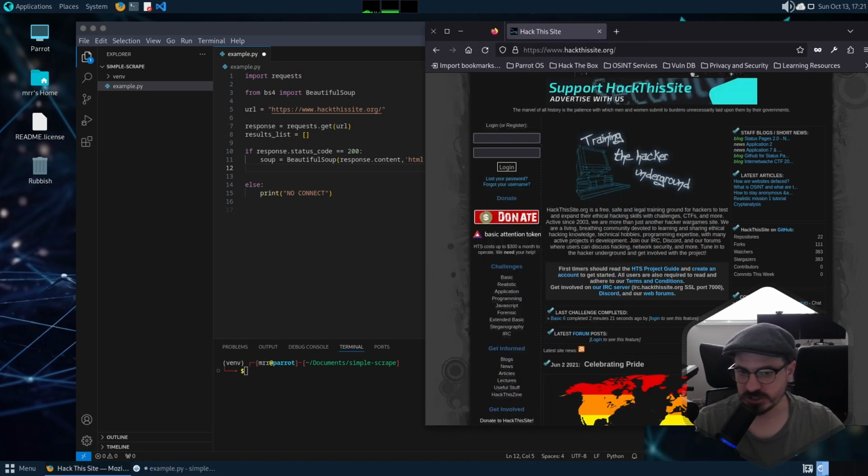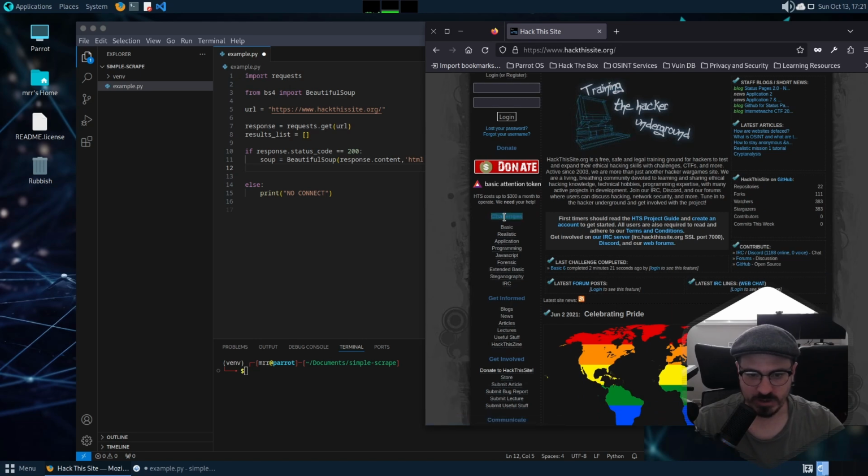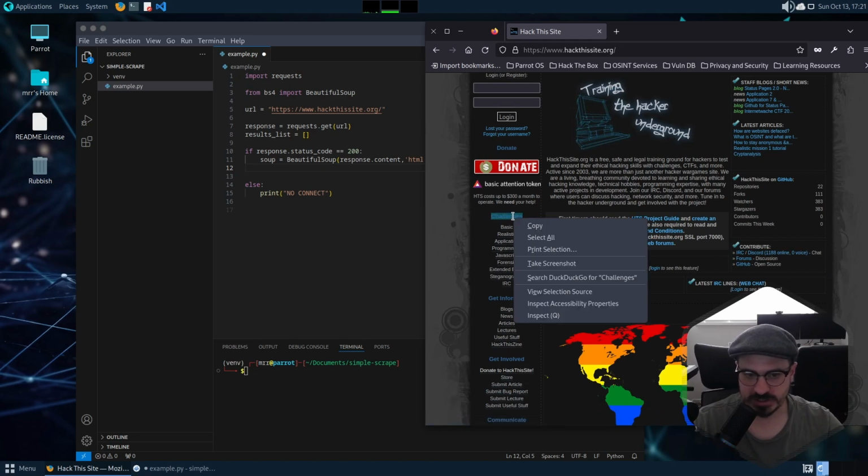So there's many ways you can do it, and it really depends on how the website is built. If the website has multiple classes all uniquely named, it can be as easy as literally just grabbing the class name and throwing that into your code, and it will output it. One of the other ways to do it, which in this case we will, because this website's not really well structured, is using the CSS selector. And you can do that by grabbing the area you want to extract, right click and